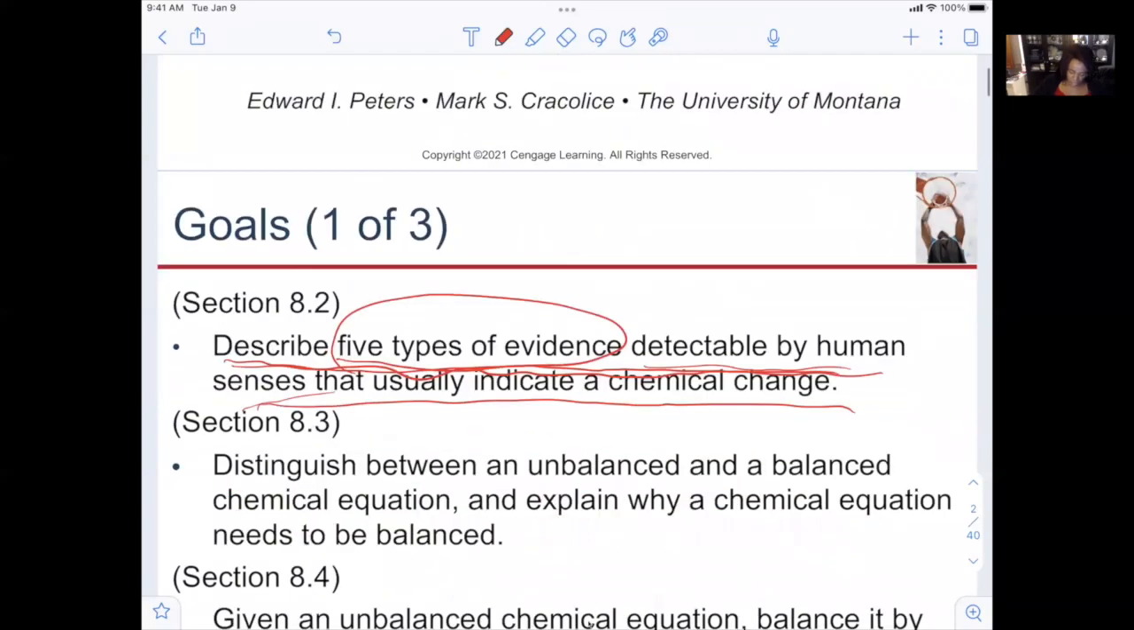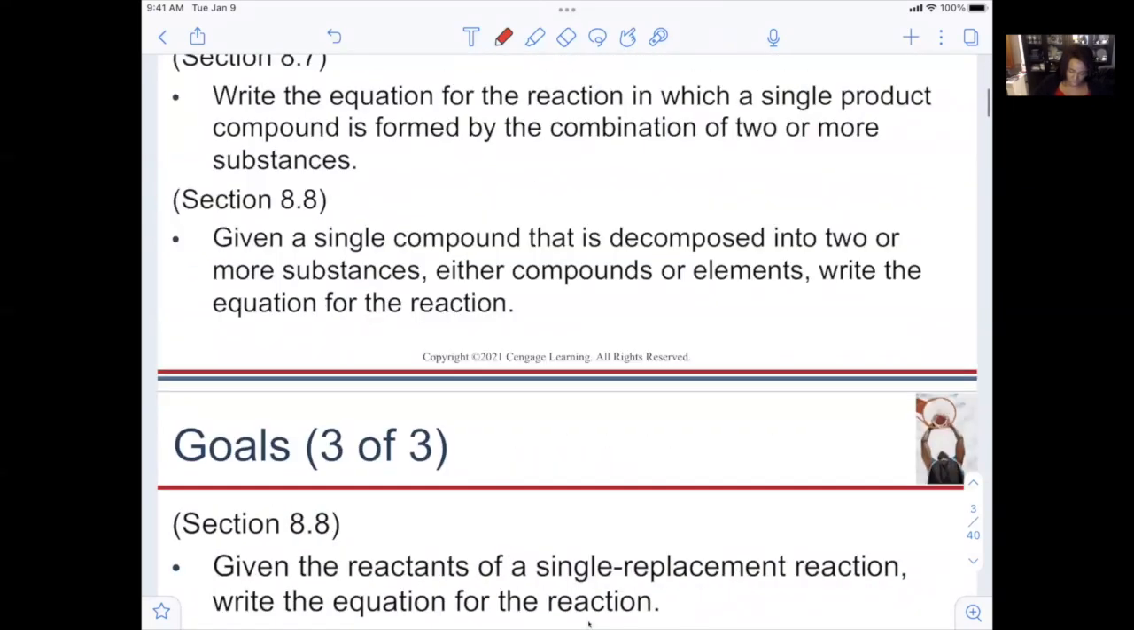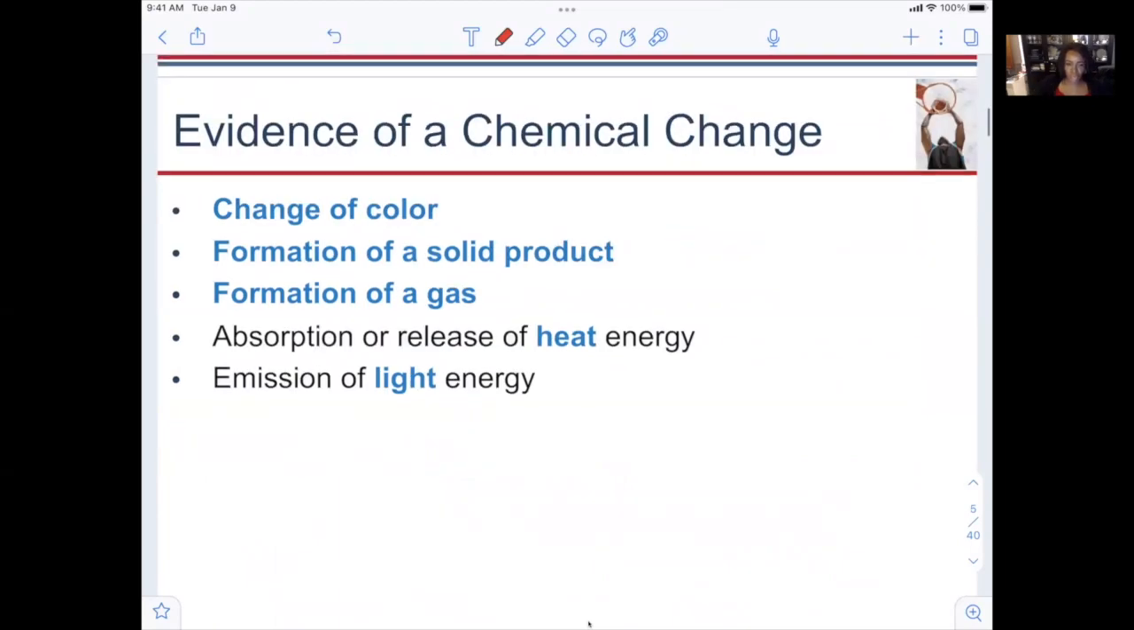Okay. So I'm going to go straight to the first slide. I usually skip over the goals, and hopefully you can read the goals at your own time. We can tell a chemical reaction is taking place when we see one of the following, at least a minimum of one of the following. We can see all of them occurring at the same time, but our goal is to at least see one